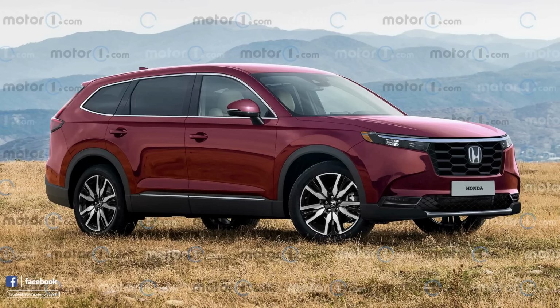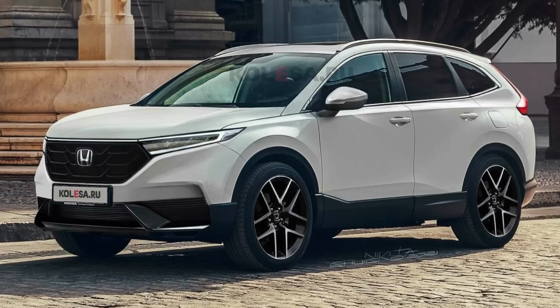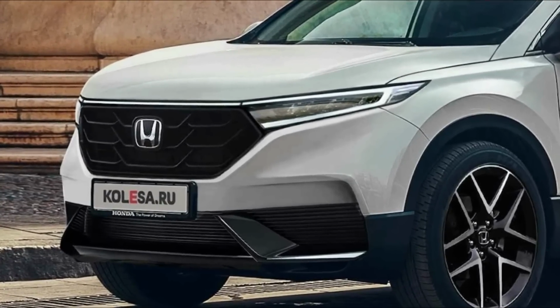Japanese automaker Honda has started working on the next generation CR-V SUV, which is expected to be introduced in 2022. The all-new Honda CR-V prototype has been caught testing several times on foreign soil. Honda has managed to keep the details hidden, since the new-gen CR-V test mule can be seen covered in camouflage from head to toe. However, the spied car looks bigger in size as compared to the model it is set